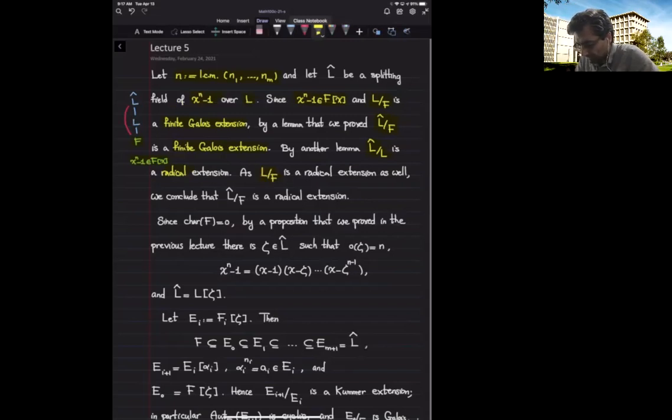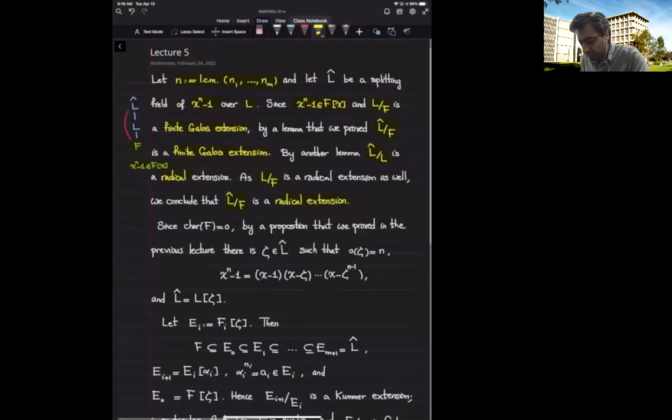L over F is radical. L hat over L is also radical. So I can use the block tower phenomenon that we discussed and deduce that L hat over F is a radical extension. So it's an extension that is, so far again, Galois, radical, but now we have enough roots of unity. And therefore, all these blocks